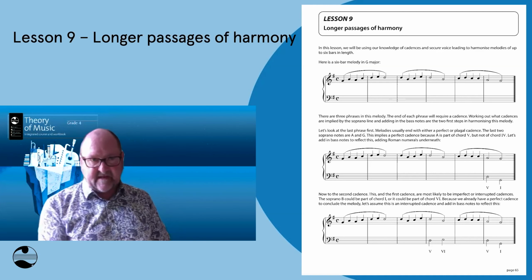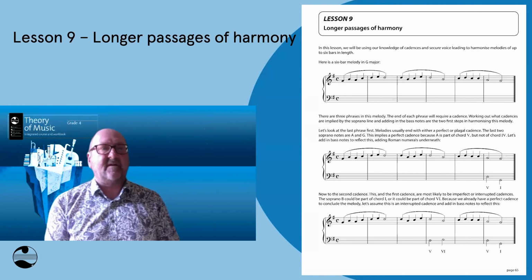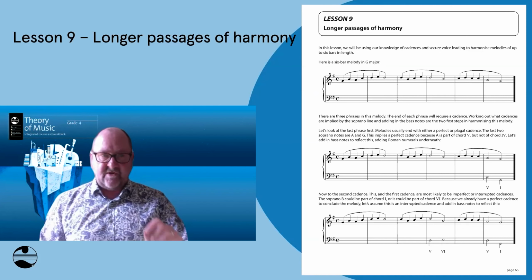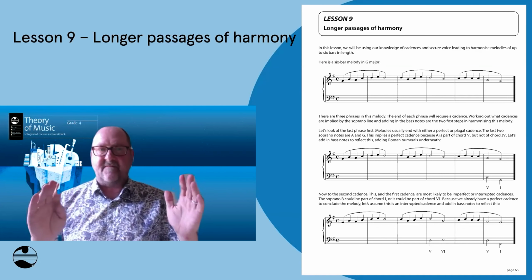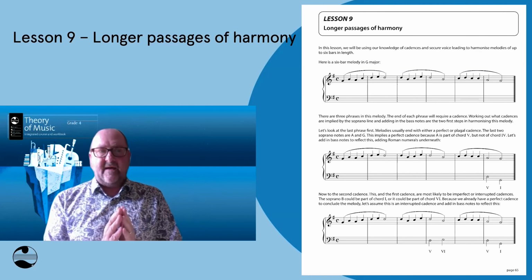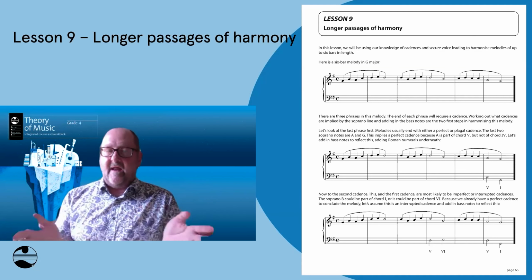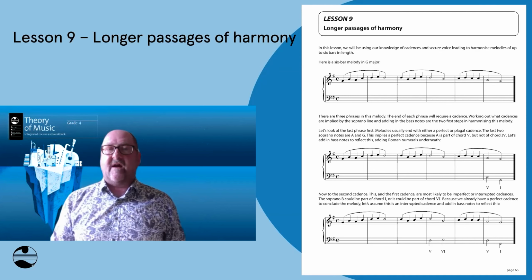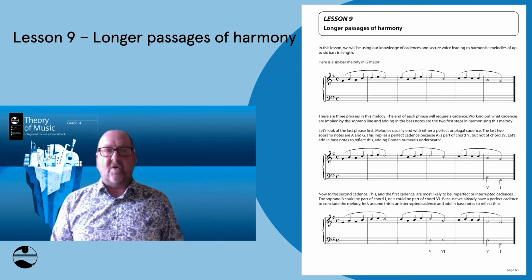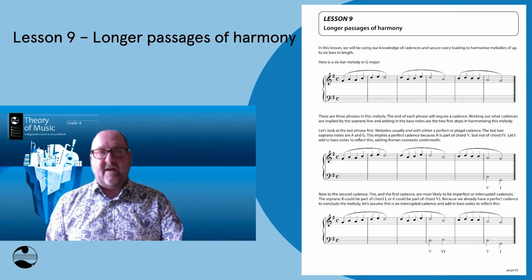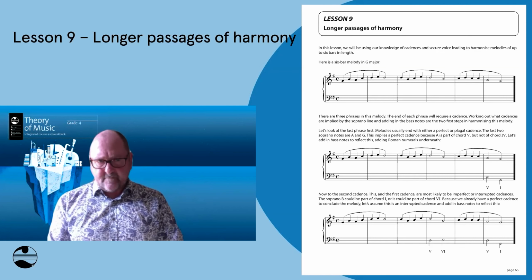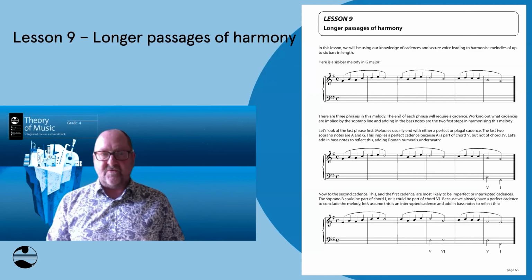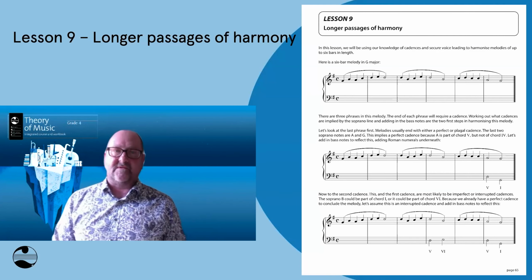So the first example here, you'll see it's a 6-bar melody in G major. And I think students who are looking at this sort of thing for the first time, it's a big jump. And I think teachers will agree with me. It's a big jump from grade 3 to grade 4 in theory. And so we're actually expecting quite a lot here. But you have all the resources to do this question and to do it well, I would say.